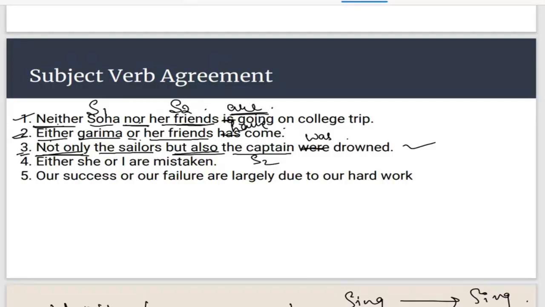Now have a look at sentence number 4. Either she or I are mistaken. Either she or I are mistaken. So all of you are saying that are should be replaced with is. Now, very good. Now see,